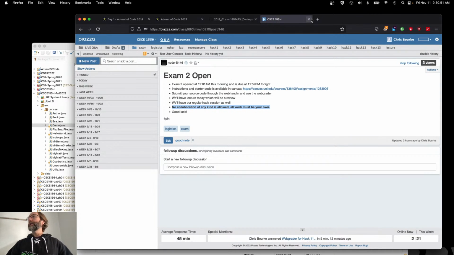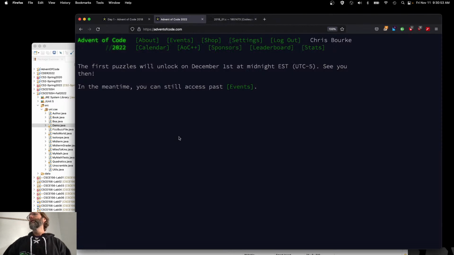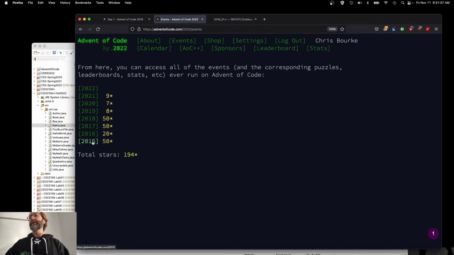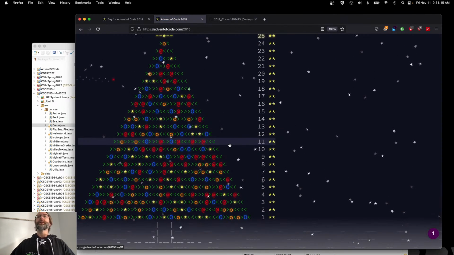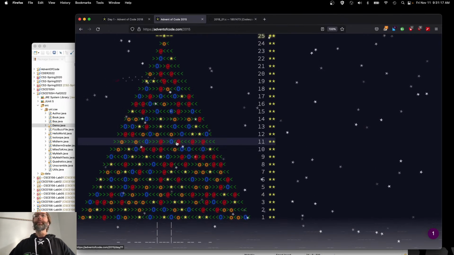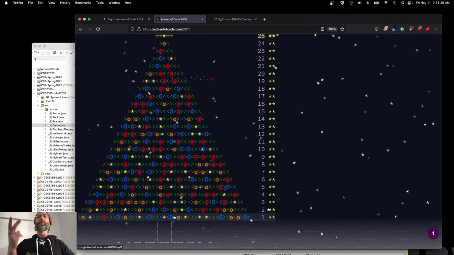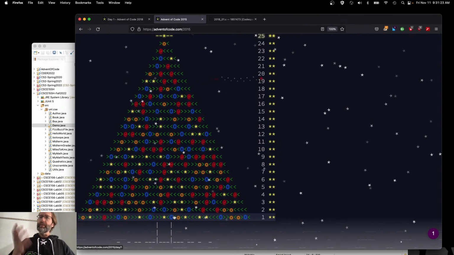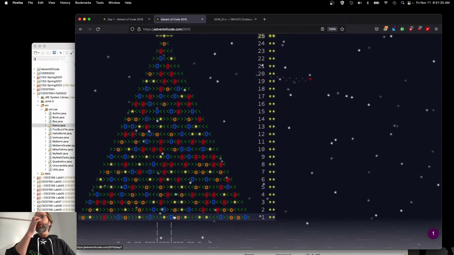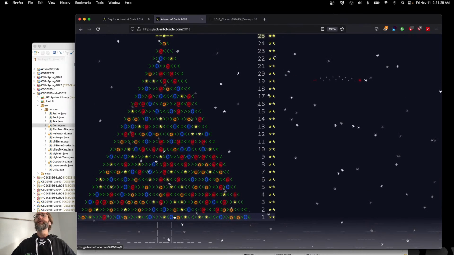Otherwise, the form of the review is going to be like I've been doing for the last couple of days in other sections, us looking at Advent of Code exercises. So for example, this is a website that started 8 years ago, and they've been doing it every December. It's an Advent calendar, but with code, right? So each day, a new problem opens up. In fact, there are 2 problems each day. They're very similar. The first one is pretty straightforward, and the second one is a little bit more challenging with the same data,